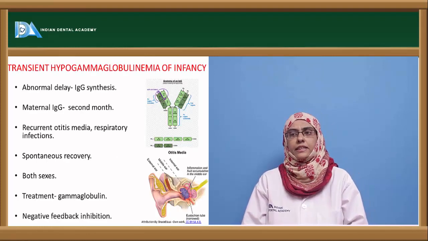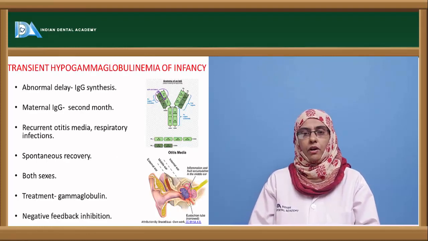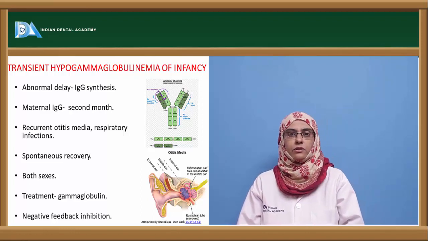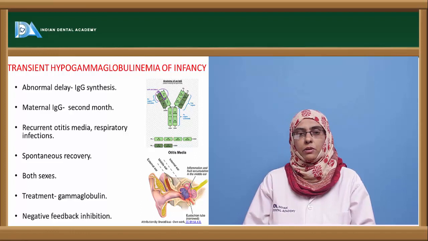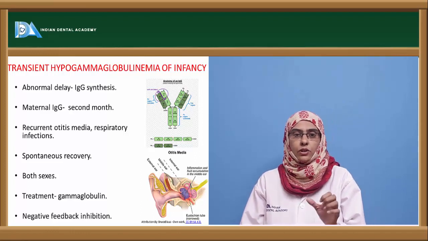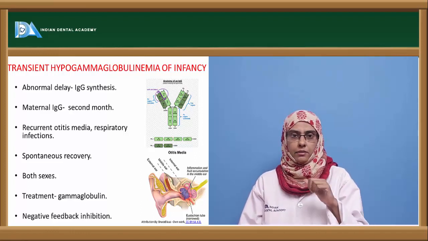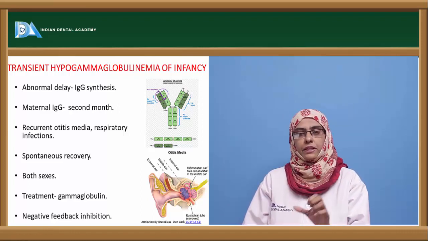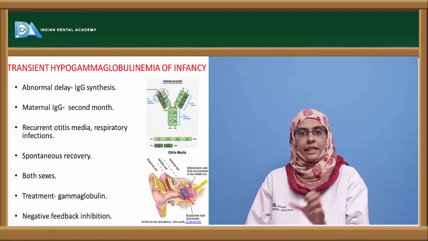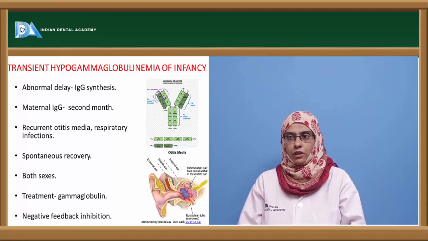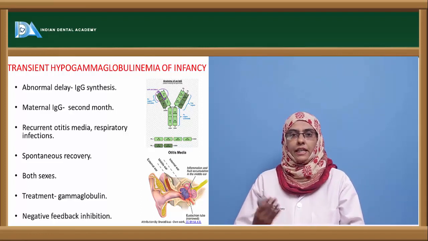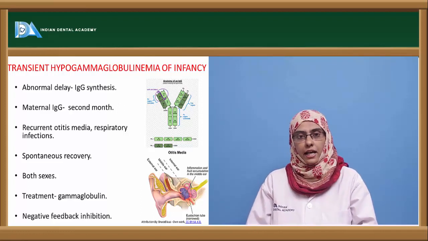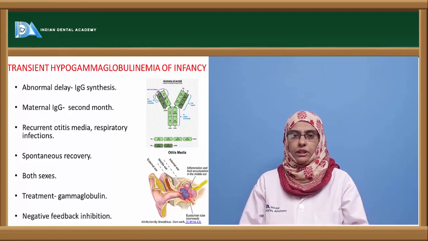Next is the transient hypogammaglobulinemia of infancy. Here the term transient is included because it is not complete damage to the humoral immune response. It is only transient. So by the second month, the baby starts producing its own antibody. But in the case of this patient, there is a transient delay in the production of immunoglobulin molecules. So abnormal delay in IgG synthesis leads to transient hypogammaglobulinemia, and before this the maternal IgG antibodies usually protect